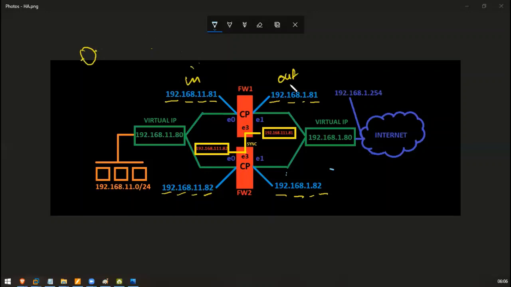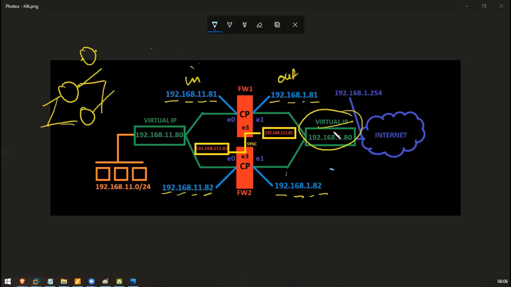If we have two devices behaving as a single unit, we have to set a virtual IP. If you have a router, you need one IP. You don't need two IPs to communicate to a single network, right? So you need a single IP. That is what this virtual IP means. Both of these IPs will be a cluster and it will be considered as a group. As a group, it will be named .1 on both sites. So both 81 and 82 will be called .1 on both of the sites.